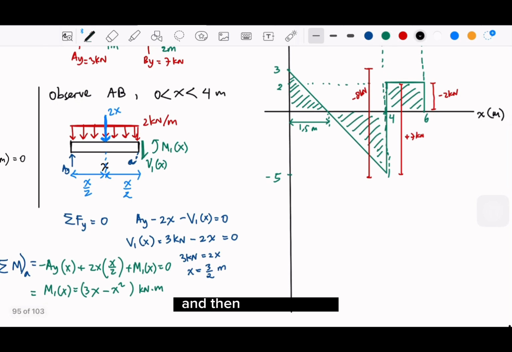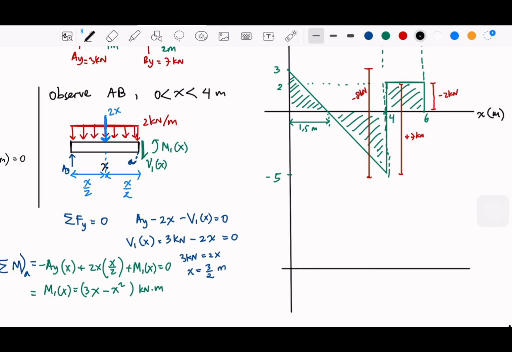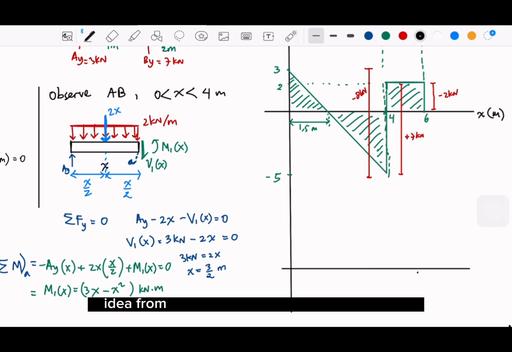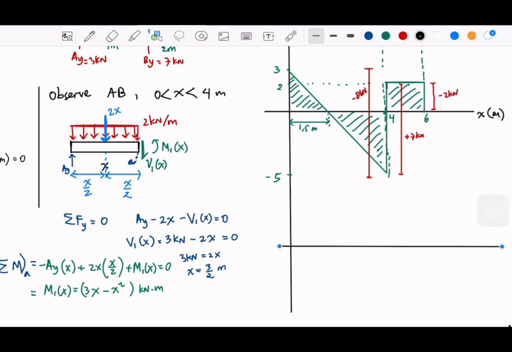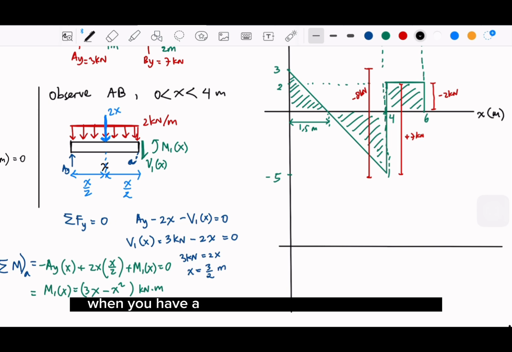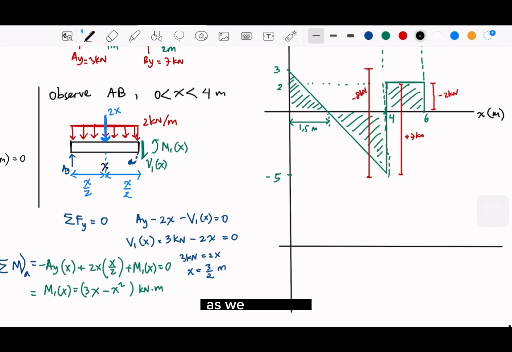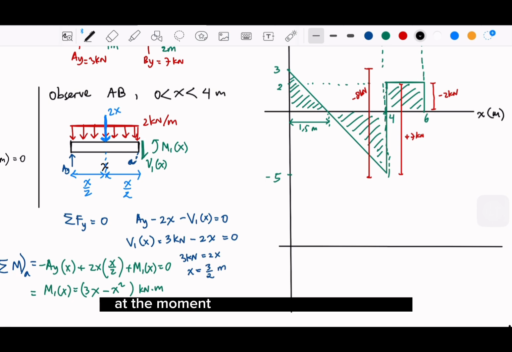And then by taking the idea from calculus, as you have learned before, especially for the maximum and minimum values, how the graph will behave when you have a positive slope and a negative slope, as we see here. Remember that the moment is the integral of V, or you could say V is the derivative of M,